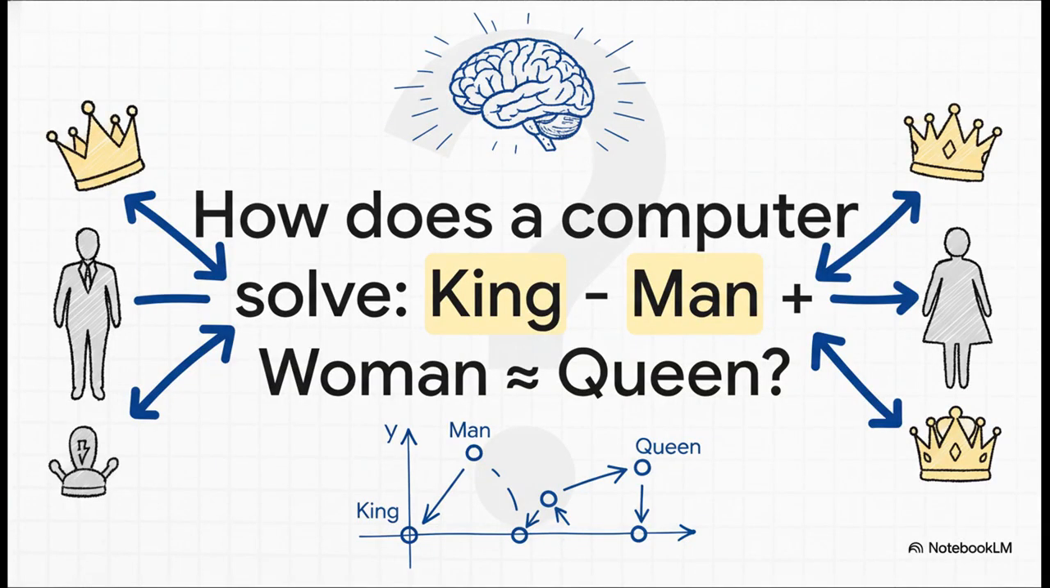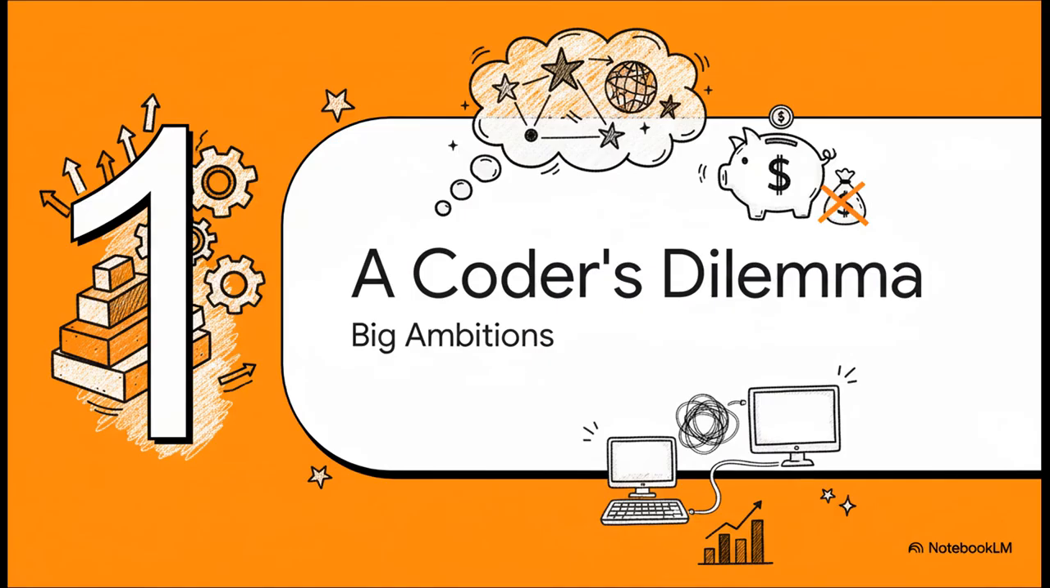All right, let's just jump right in with a famous little puzzle that looks, well, impossible. How on earth can a computer do this kind of word algebra? By the time we're done here, you'll see exactly how it solves this riddle, all by treating words like they're points on a map. So, to really get to the bottom of this, we're not starting in some fancy university